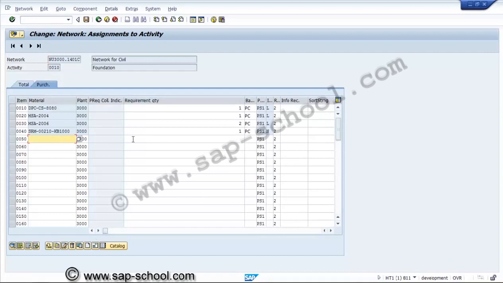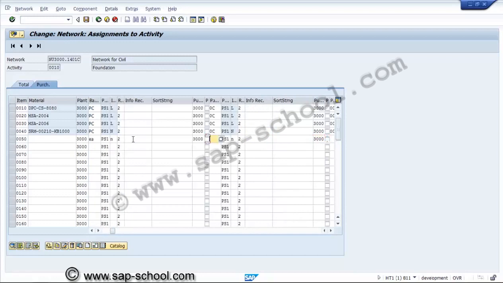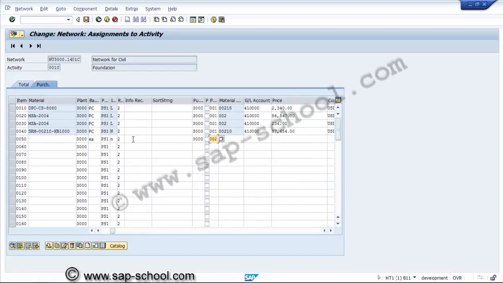Here instead of, we can select each, and this is non-stockable. Then again we are giving purchase organization, buyer, and material group we were selecting, and GL account, and we are giving